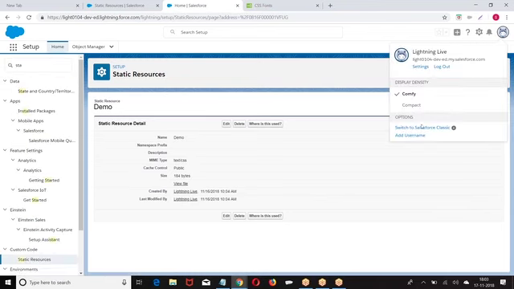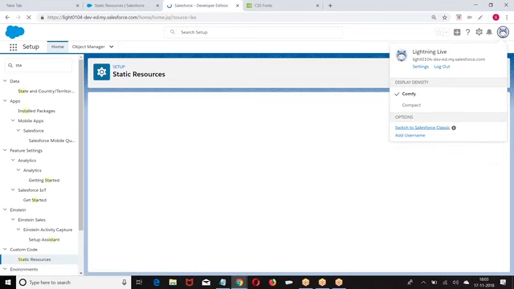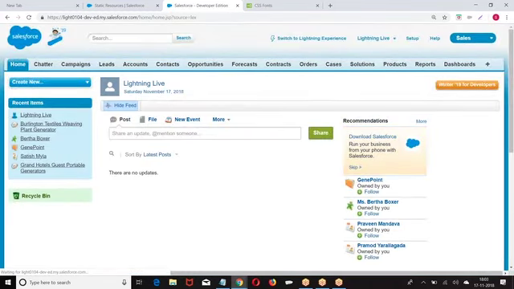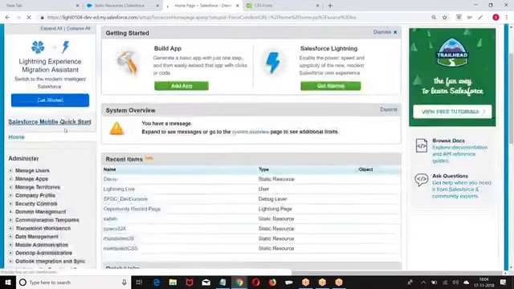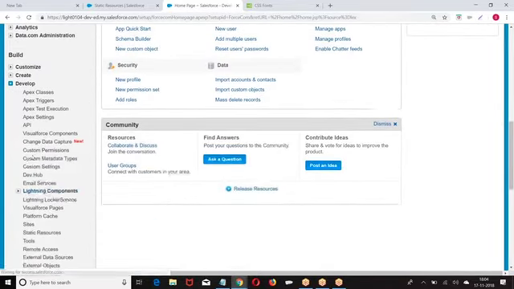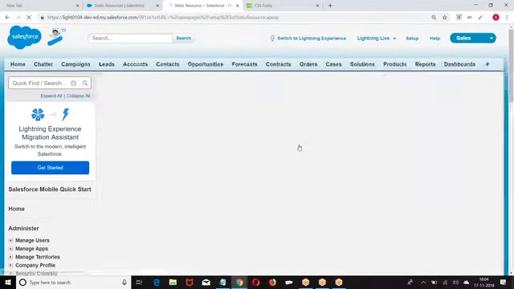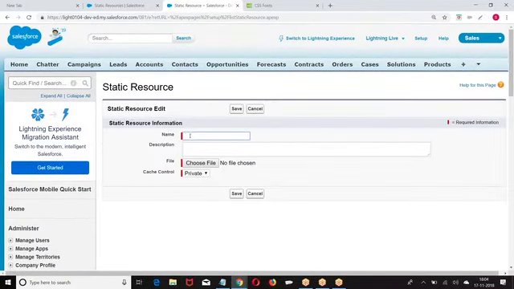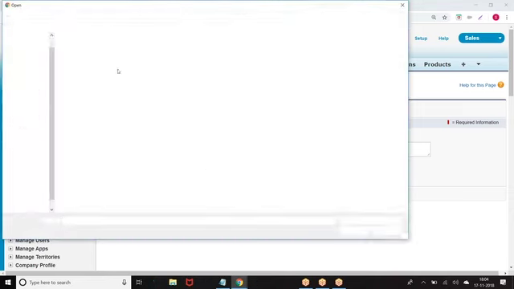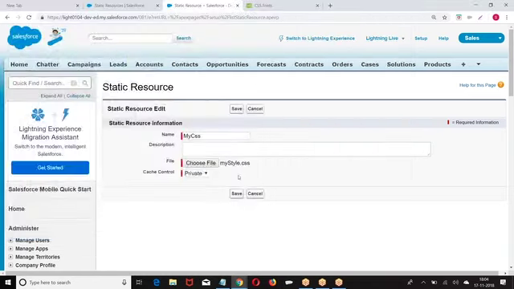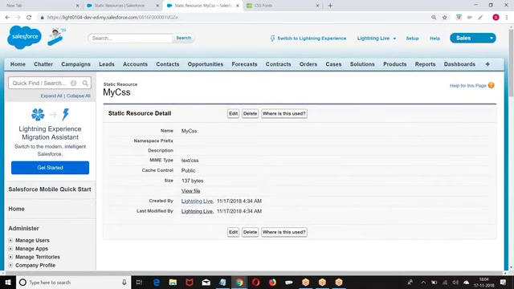If you want to create in Lightning also, work in Classic only because it is faster. Setup. How quickly we are getting this, but Lightning is faster, right? This is how we created.